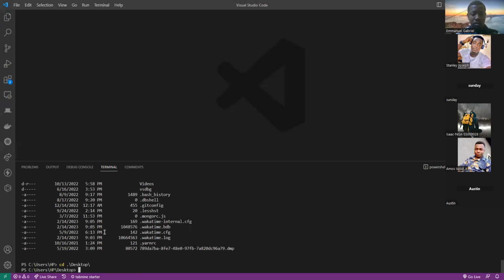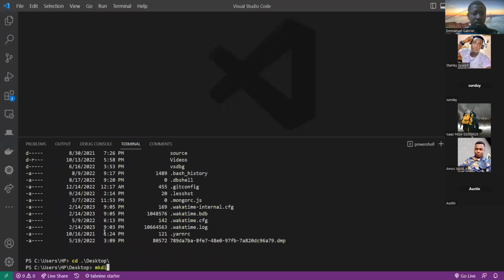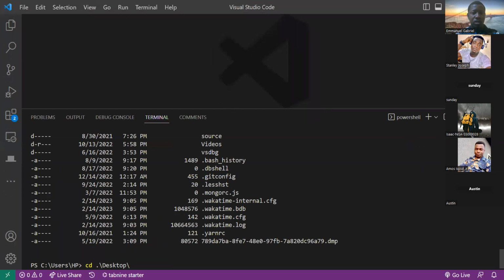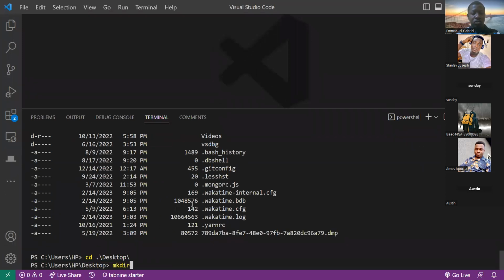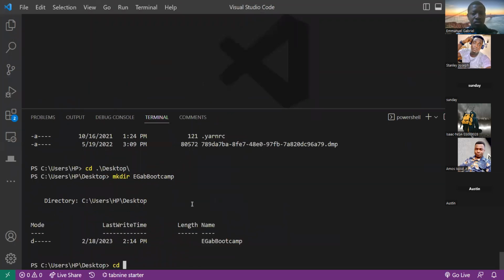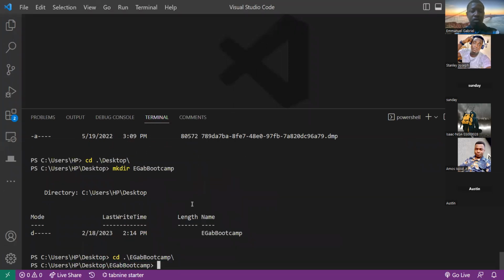And then I'll create a directory called egabe.com, let me zoom this in so that we can see what I'm doing. This is where I am going to create the console application. So I'm going to use dotnet new console -n, and I'm going to call this basic console.